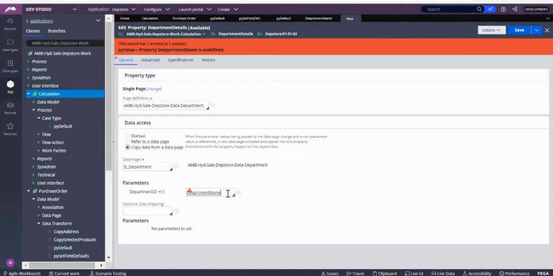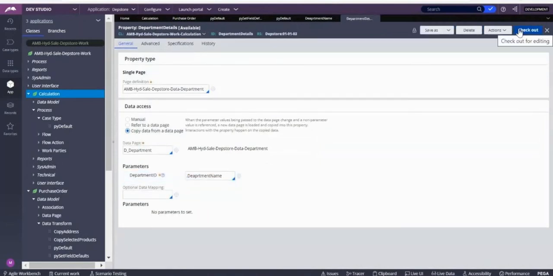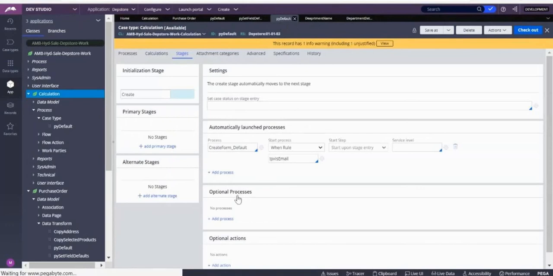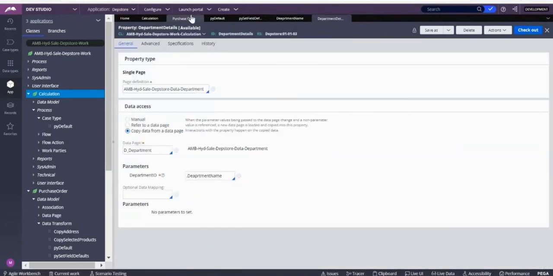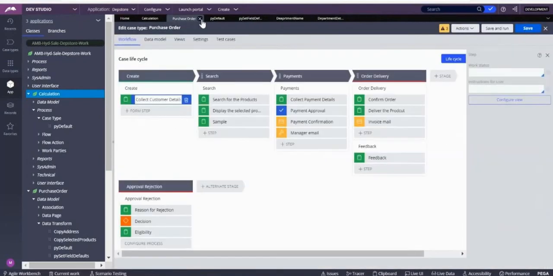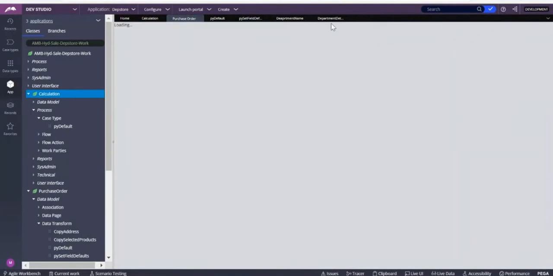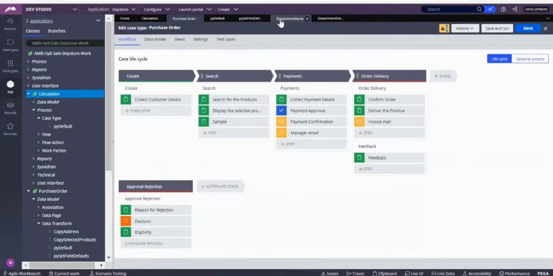Okay, so two properties I created. So now what should I do?